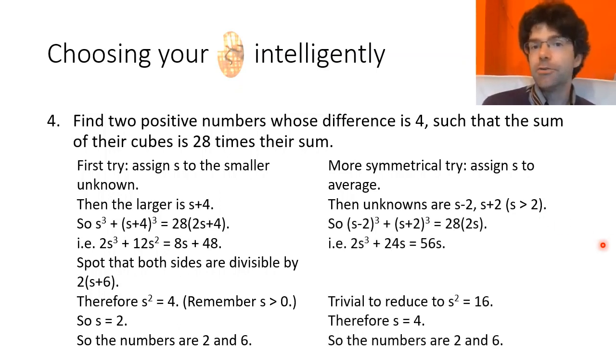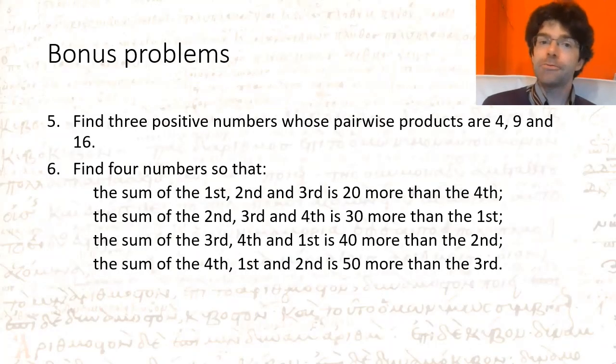And I think this idea of working with symmetry to simplify problems is still a valuable technique where we can learn something from Diophantus' imagination that he had to apply to his problems. Okay, that's it for this video. I hope it's clarified both how Diophantus proceeds with only one symbol by some examples, but also shown the sorts of lateral thinking he uses when deciding how to use his symbol in order to simplify his problems. I'm going to leave you with a few bonus problems to try and solve using the methods that we've seen.